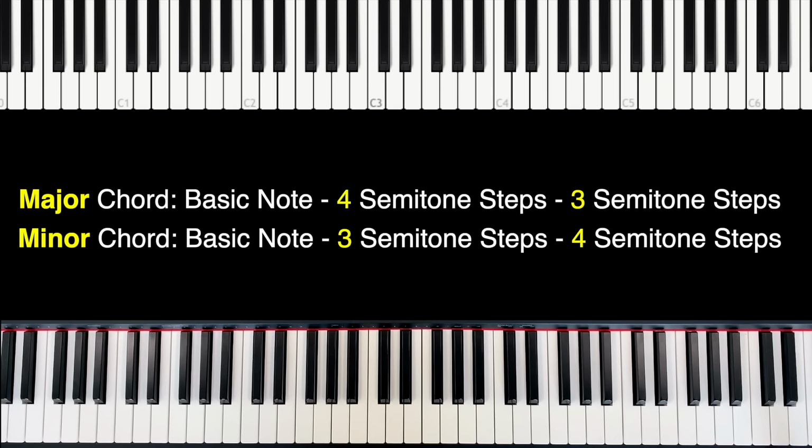So now the minor chord. You can pause the video if you want to try to find it first by yourself. So we start with the D. 1, 2, 3, first 3 semitone steps, halftone steps, and then 1, 2, 3, 4. Okay, so with a minor chord, we have 3 semitone steps and then 4. And with the major chord, we have 4 semitone steps and then 3. Okay, super easy to remember, right?